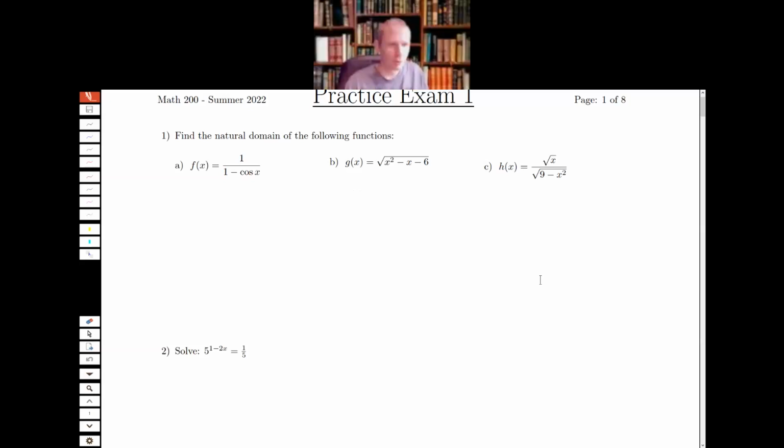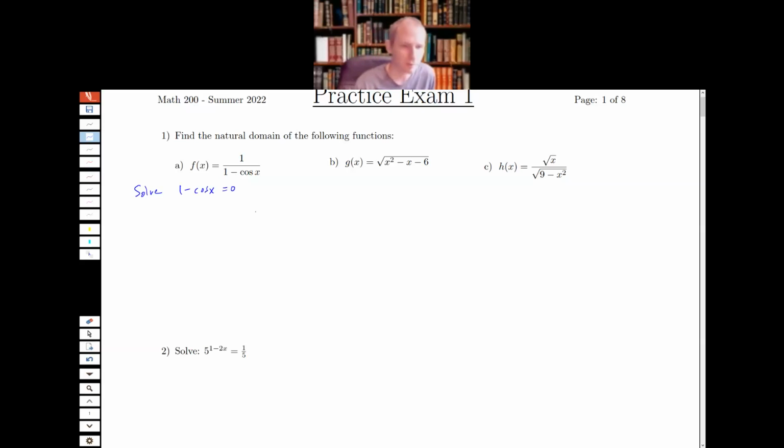Okay, so for number 1, find the domain for the following functions. So let's treat these one at a time. The first one, I have a fraction, so there's no square root, no logs. The only thing I have to worry about is where the denominator is 0. So I want to solve 1 minus cosine x equals 0, and I want to throw out any solutions to